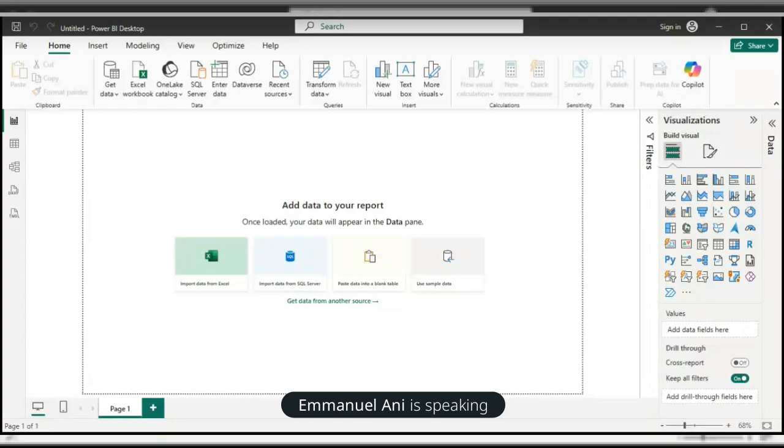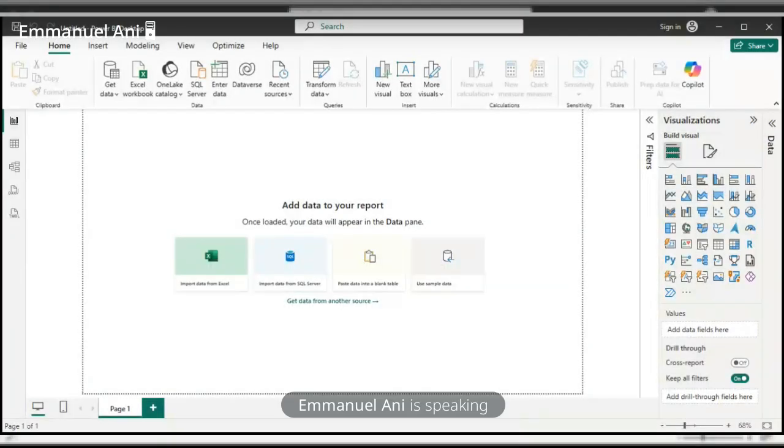So if you've already cleaned your data, you can just load it straight from here. But if your data is not cleaned, and you still have some work to do on it, then you go to transform data. As you can see here, do you understand? So we're going to go to transform data just to show you some few things you can use your Power Query for. I'll click on transform data, and then it's going to take us to